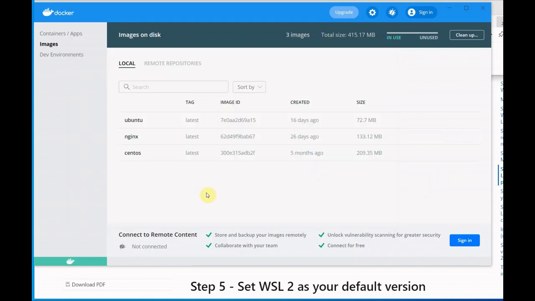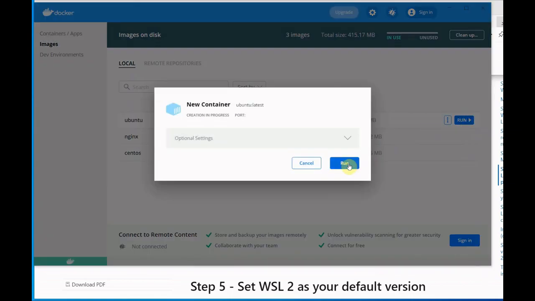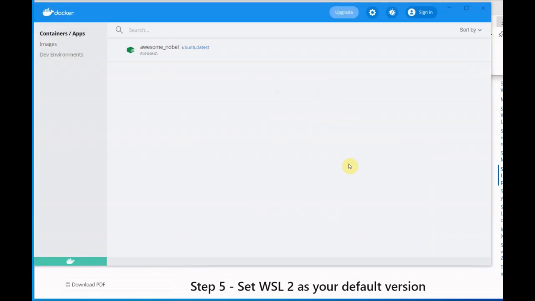The Nginx download has been completed. So immediately it reflected that all the local files are available in Docker Windows. So here you can find the 3 images available. So guys, if you want to run the container for Ubuntu, you can simply select this file and click on this run. It will ask for options, cancel and run. Simply run. This command will execute and start the container from the image that we downloaded.